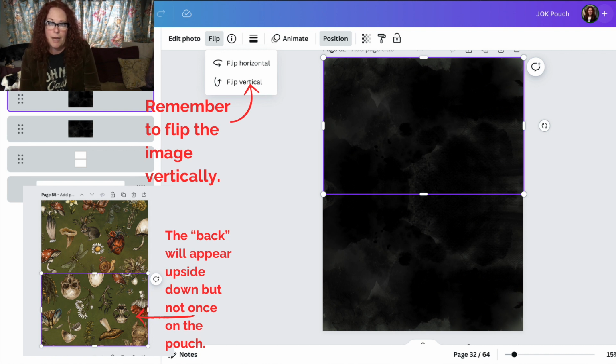And you need to do that especially when you have actual images. So you see there on the bottom, for the dark academia print, you need to make sure that you flip it upside down. So it's going to look upside down, but when Printify puts it on the pouch, it's actually going to be right side up. So just keep in mind, if you forget and you go in there and it's upside down, just go back to Canva and flip it vertically so it's upside down, and then it will be right side up